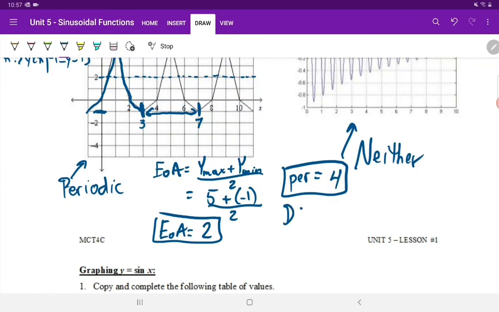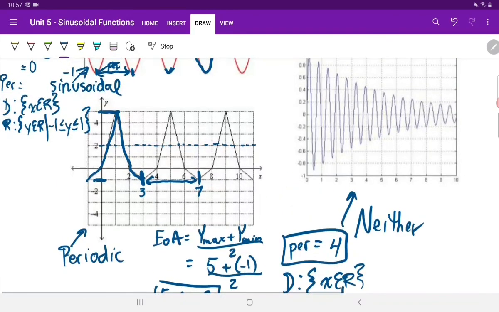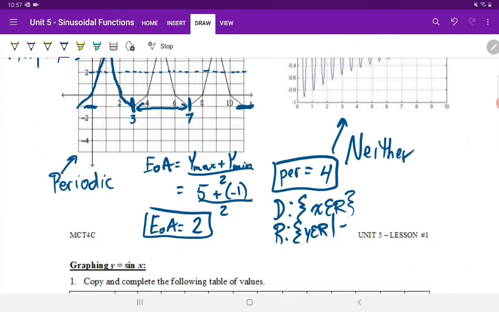My domain, still x is an element of the real numbers. Let's assume this goes on forever in both directions. And range is y an element of the real numbers, but there's a restriction. We are going from a max y value of 5 to a minimum of -1. So -1 less than or equal to y less than or equal